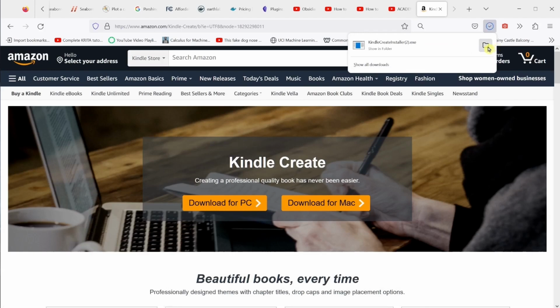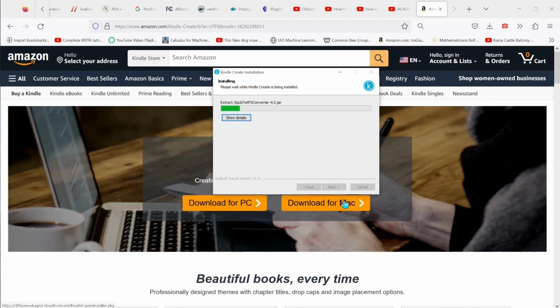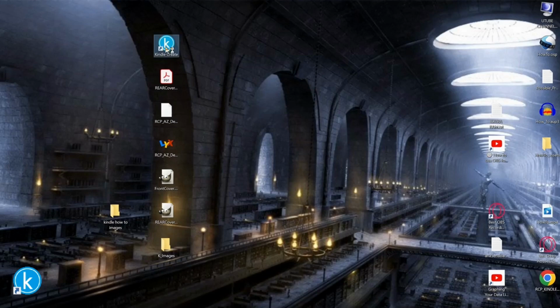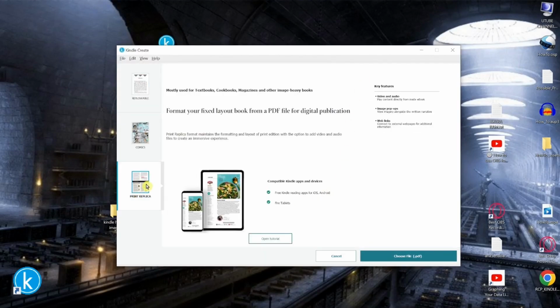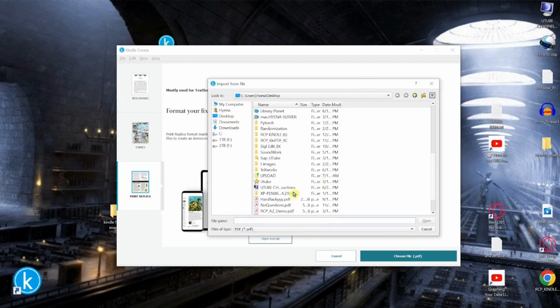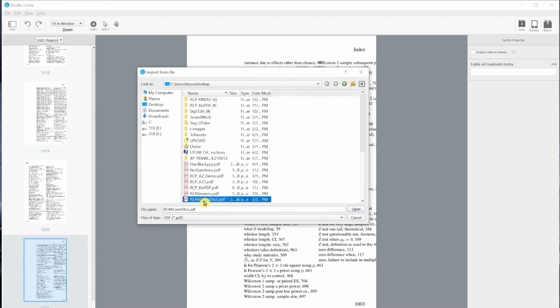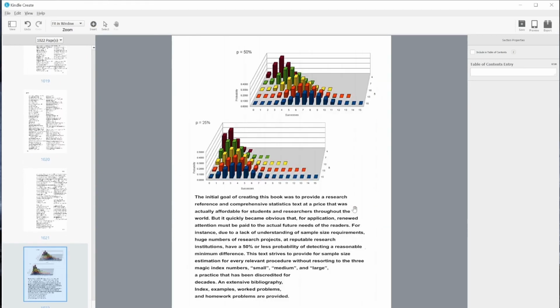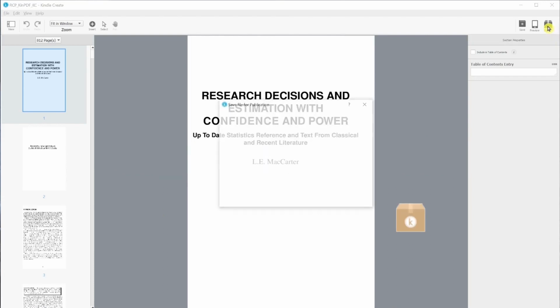Have your front and back covers available as separate files, with no spine. In Kindle Create, you must select Print Replica before you import the PDF. That will produce the KDF file that you need for uploading to Amazon. Kindle Create will allow you to add some pages, so you can add the back cover image of your print book as the last page of your interior PDF file. Now export your KDF file to someplace handy, such as your desktop.